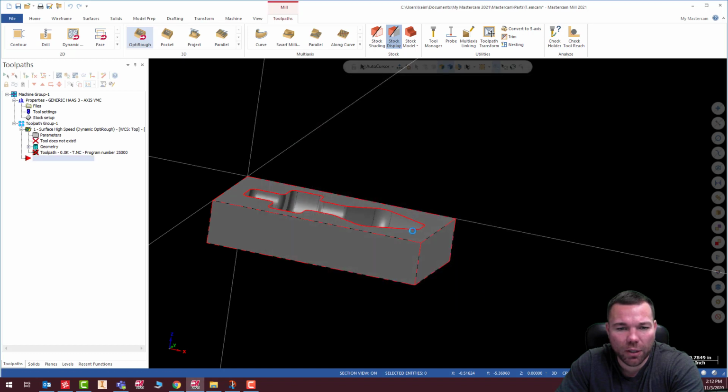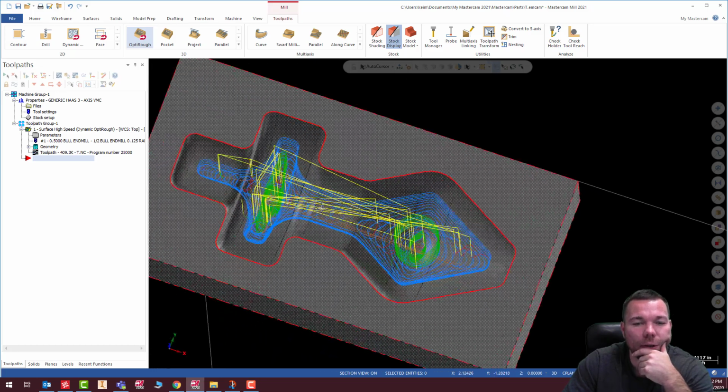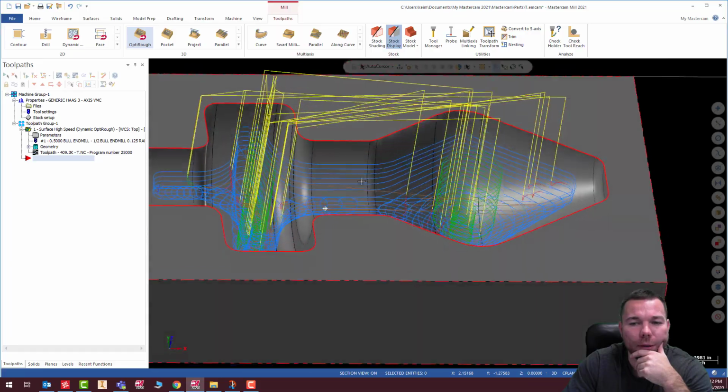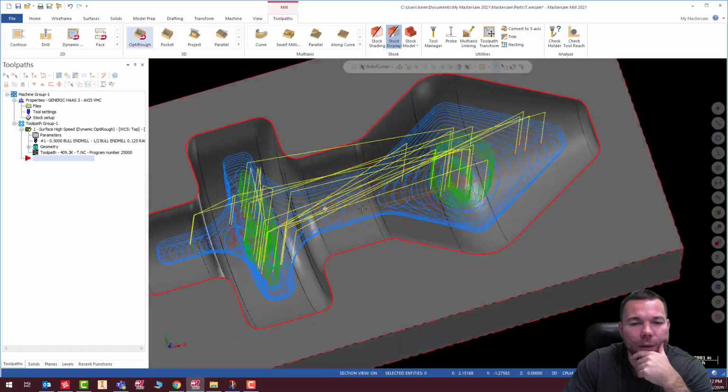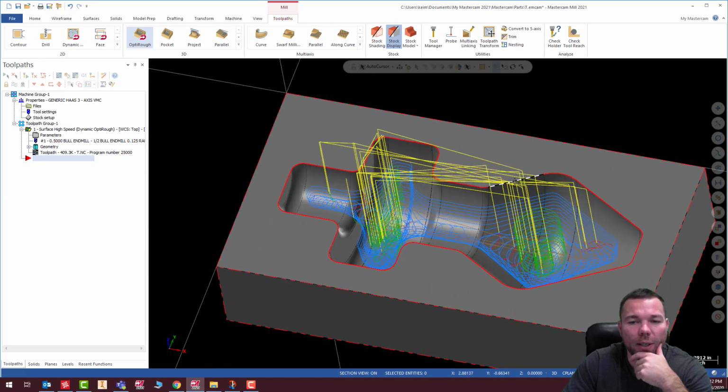Let's hit check, see what we get there. See if I forgot anything. Let's say that looks pretty good actually. Yeah, that looks good. All right, so that's going to mill it out, and next we need to finish this